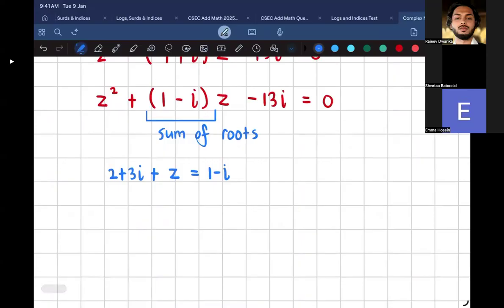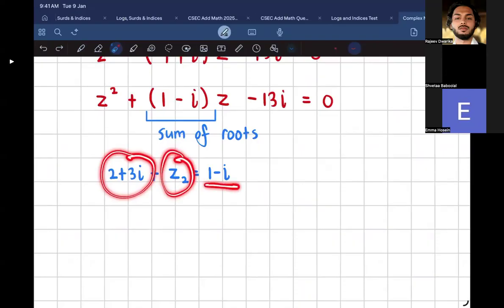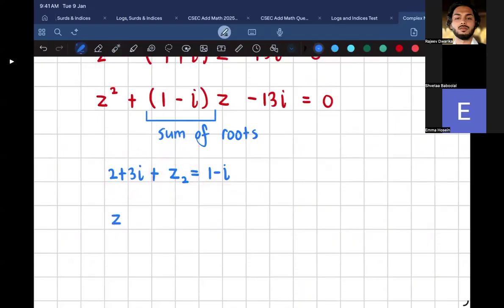Z is just the other root, you can call it z2 if you want. They gave us z1, the first root. I added z1 and z2 together, and that should be 1 minus i. So z2 should be equal to 1 minus 2